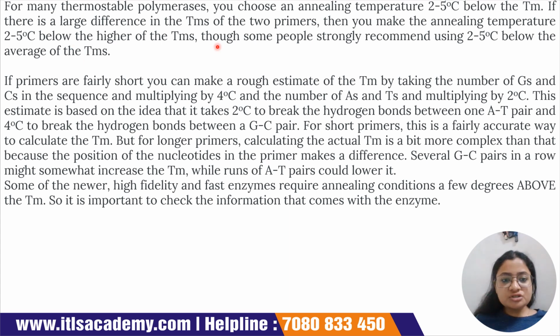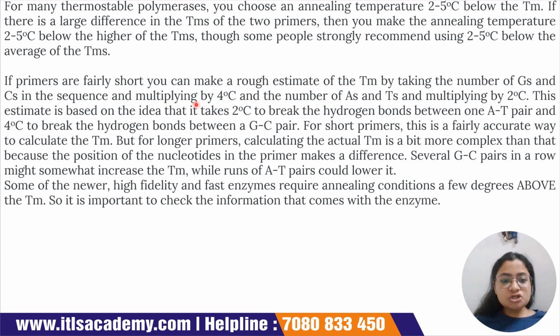If there is a large difference in the TM of the two primers, then you make the annealing temperature 2 to 5 degrees below the higher of the TMs. Though some people strongly recommend using 2 to 5 degrees Celsius below the average of the TM. So दोनों प्राइमर का TM का जो एवरेज होगा उससे एटलीस्ट 5 डिग्री मुझे कम रखना है एनिलिंग टेम्परेचर. ओके,